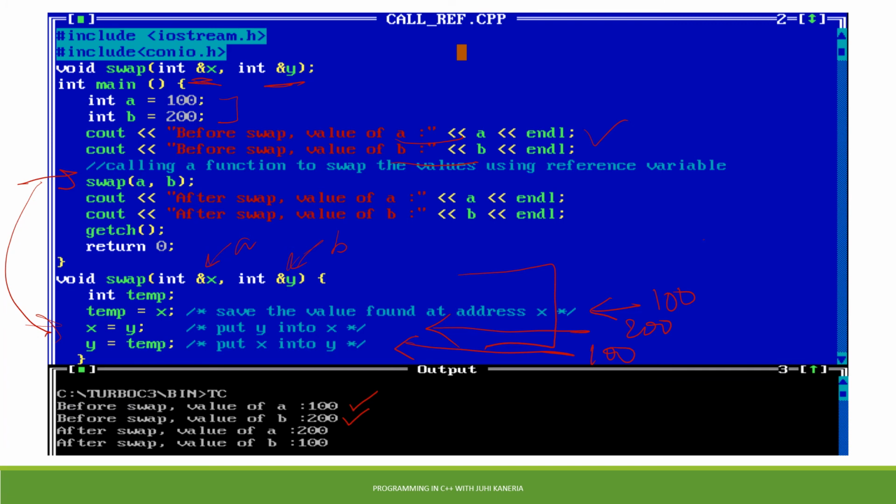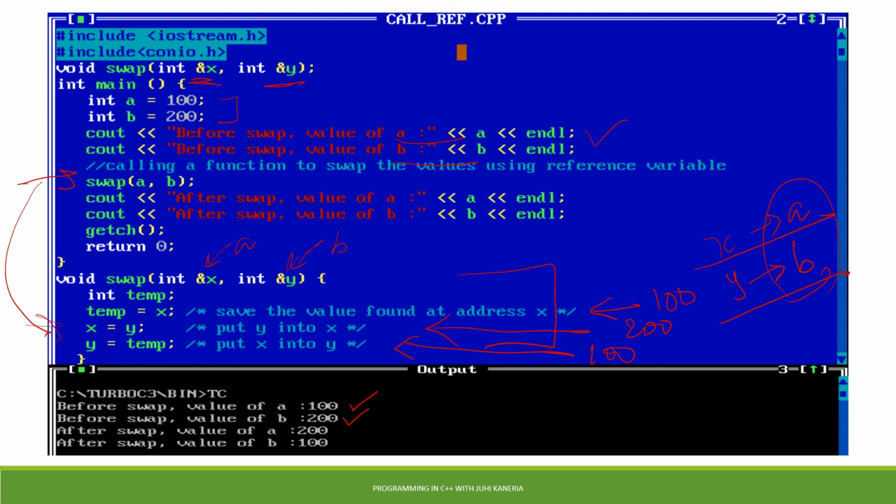But actually x and y are the alias names for a and b. That means they are pointing to the same memory locations as a and b respectively. So now I'm not printing anything in the swap function. If you want, you can print the value same as we have done in the call by value example.